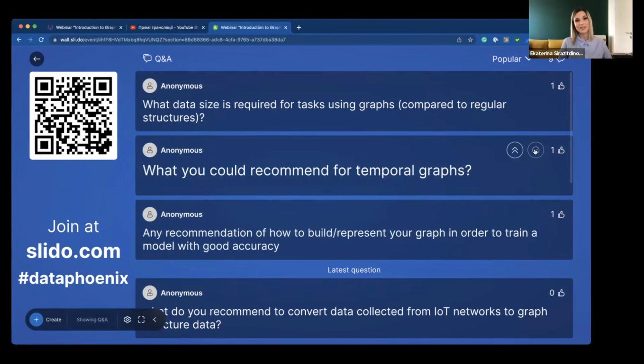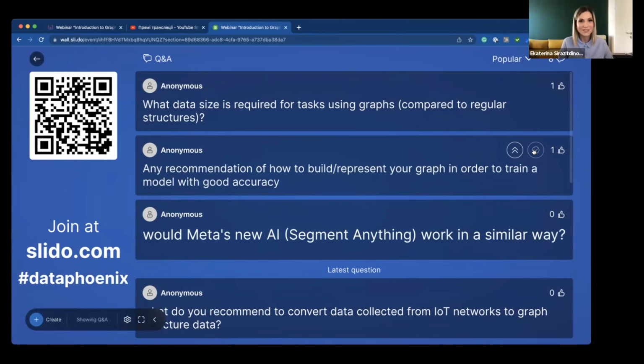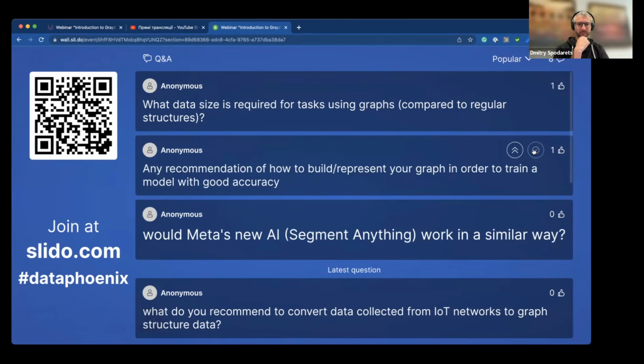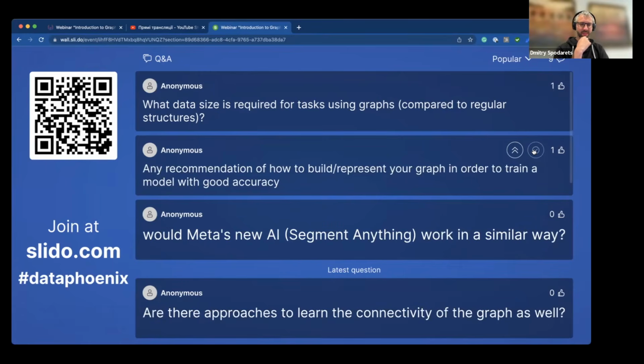The next question is what you could recommend for temporal graphs. I'm not sure if I understand the question correctly, so what could I recommend? Is it possible to get any clarification? No, we don't have any. Oh, okay. Maybe they will write